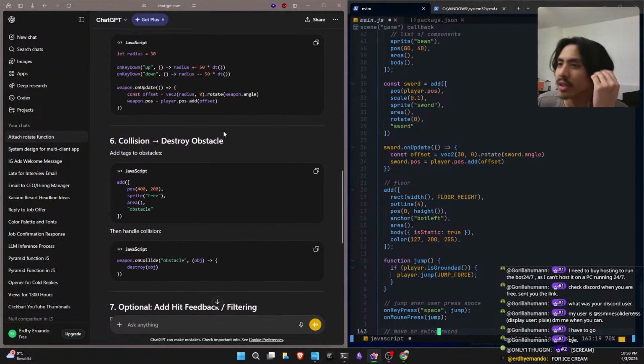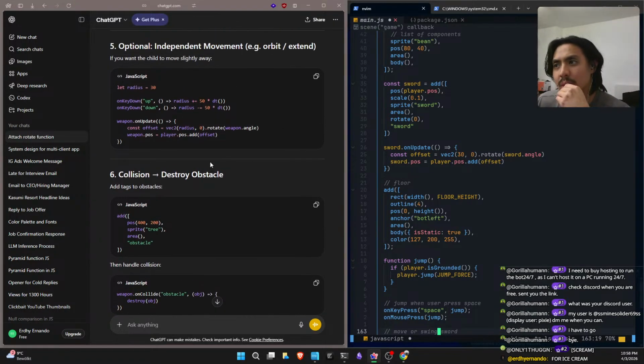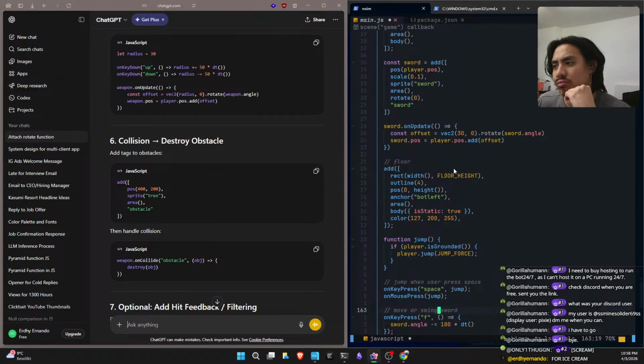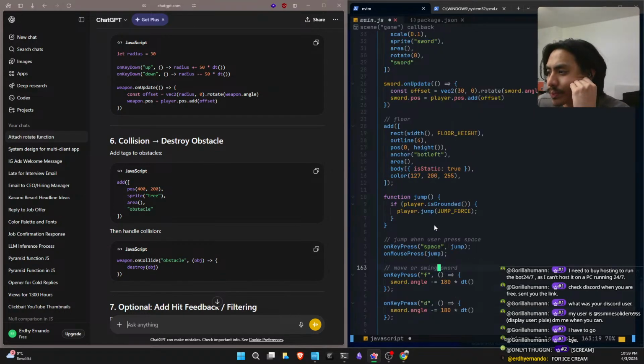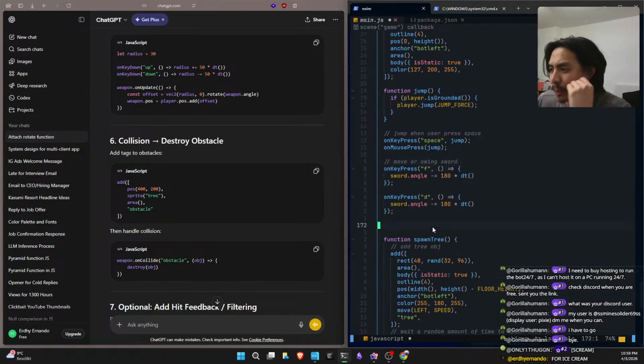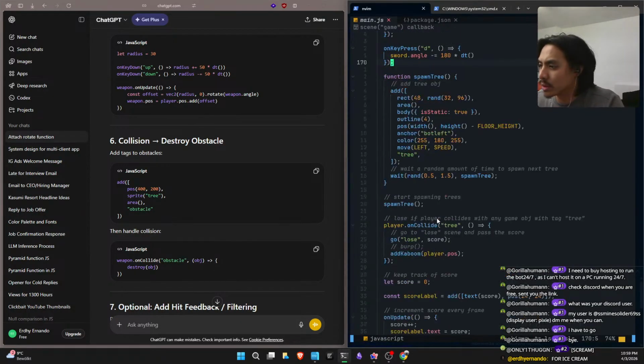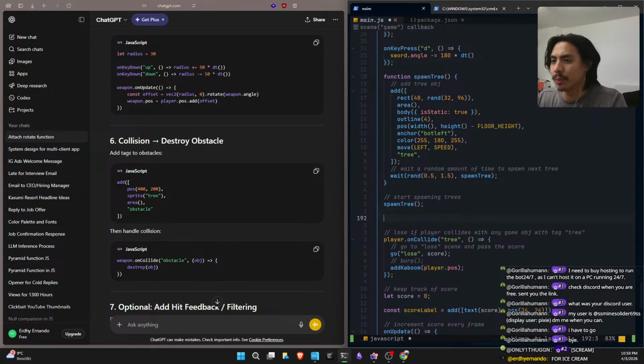So how is that working? Okay, let's add the collision. Destroy obstacle. Spawn tree on collide, lose, but also